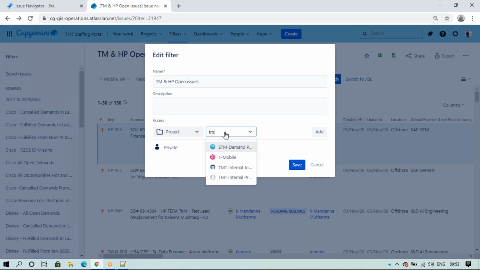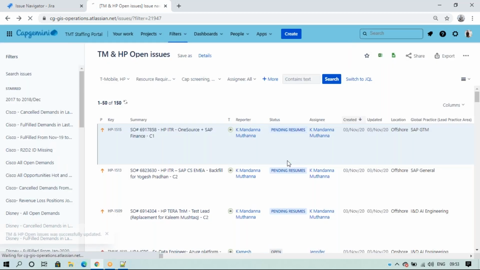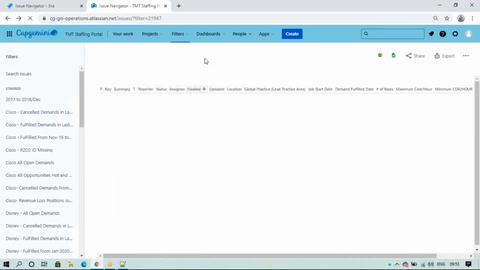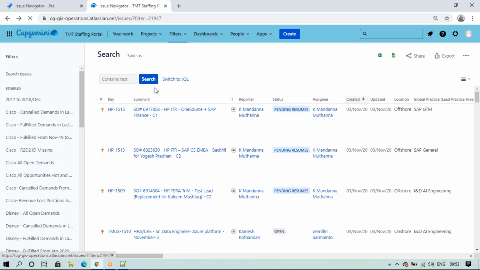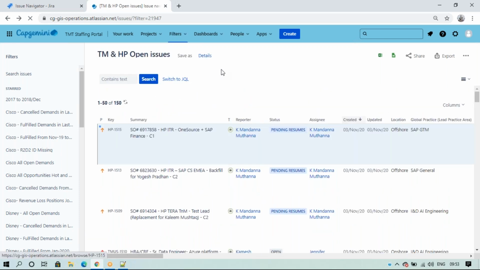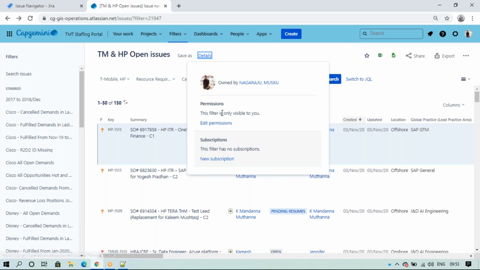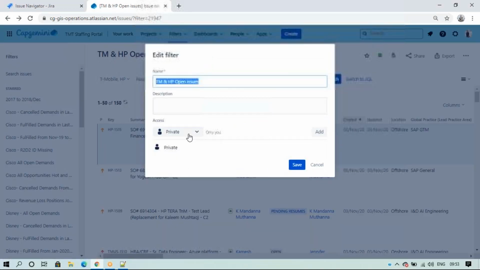Maybe I've written this based on the two projects, so I can select the two project roles for everyone. I'll save it. Now only T-Mobile people can access, and I need to give access to HP persons as well, so we can select it. See here, sorry, it is not the project.